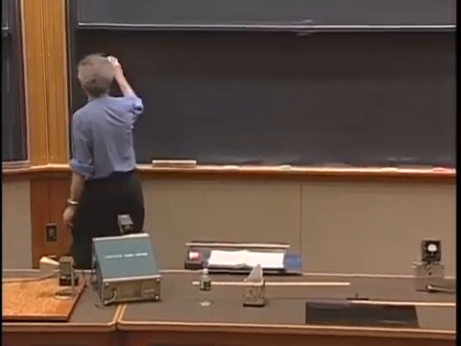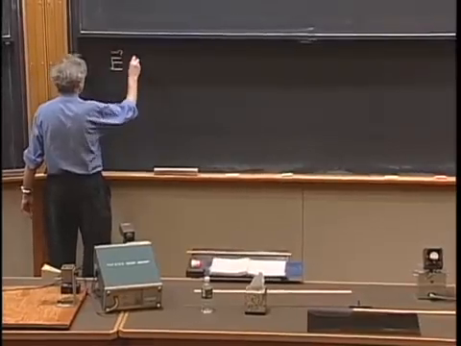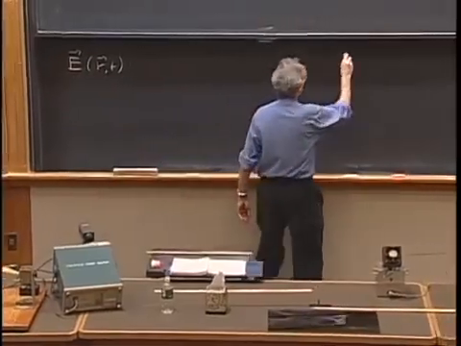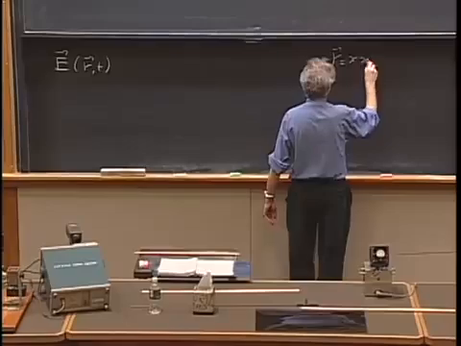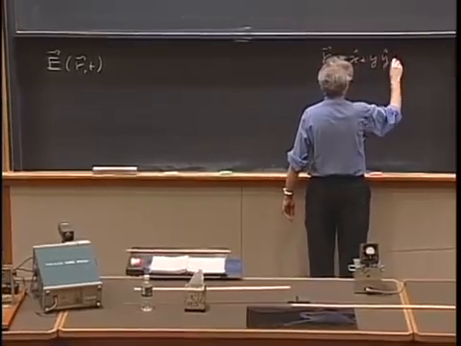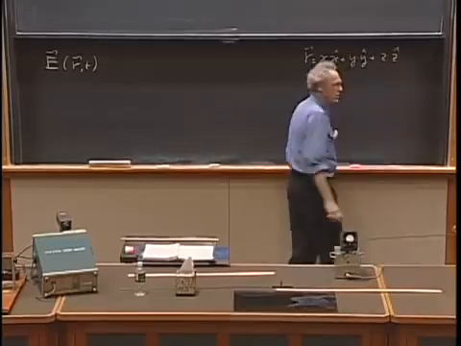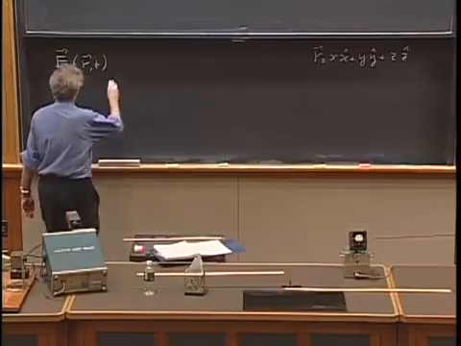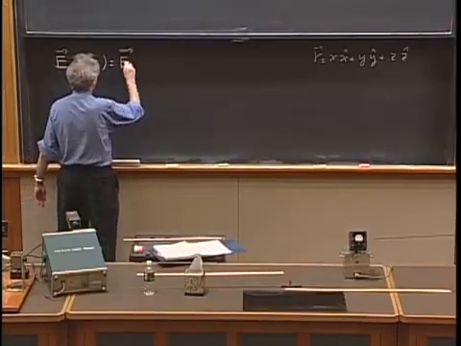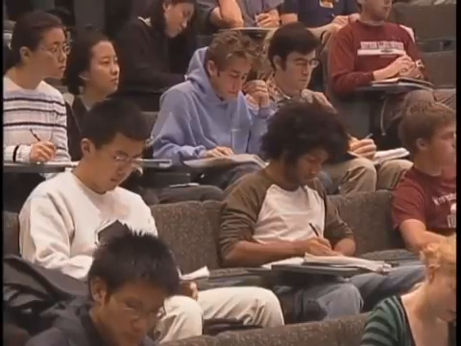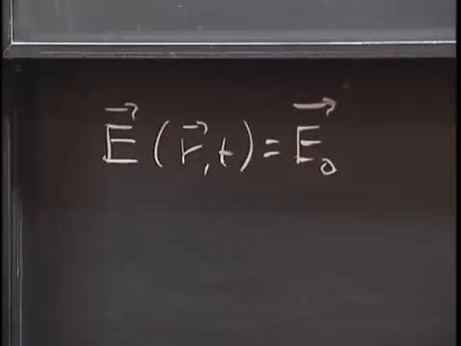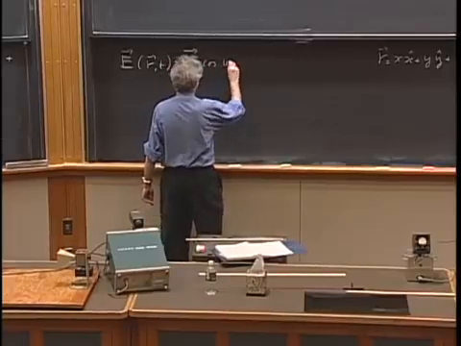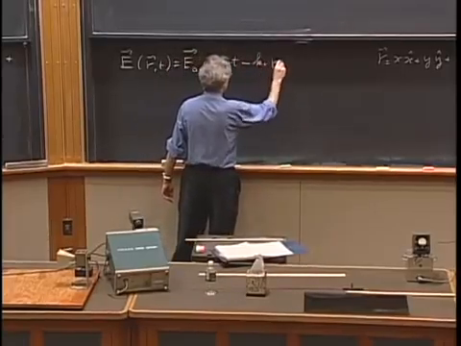And so when we do that, we now get the E vector as a function of r and t. And r is a vector in space, which is x-roof plus y-roof plus z-roof. It's any position vector in space that you prefer. And now E0 is a vector. It's not in x or y or in z. It is in 3 dimensions, so this E0 has an x component, a y component, and a z component. And now I can write down here the cosine of omega t minus k dot r,